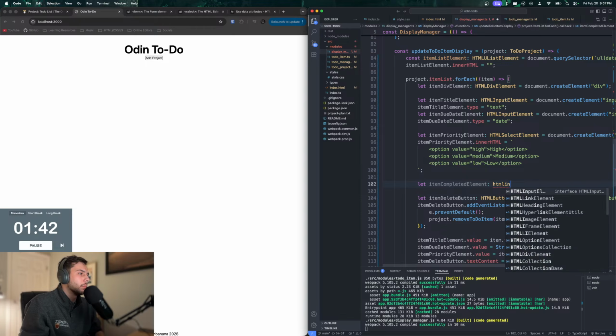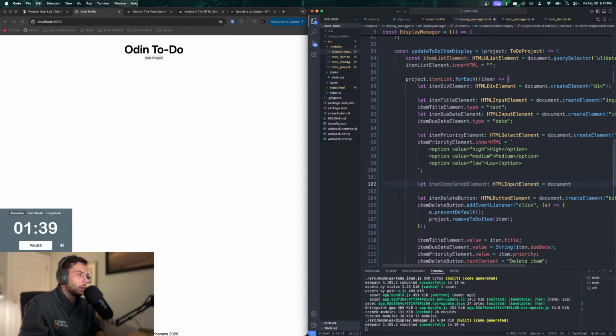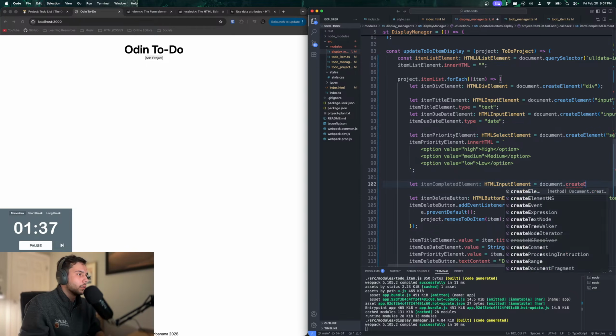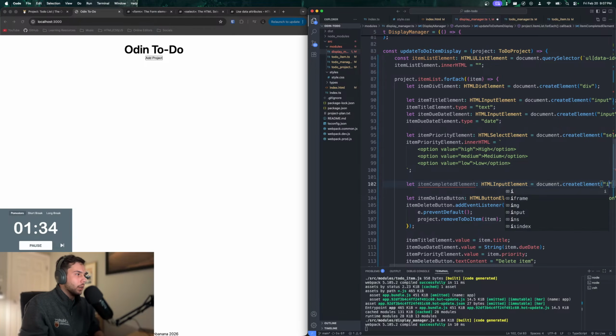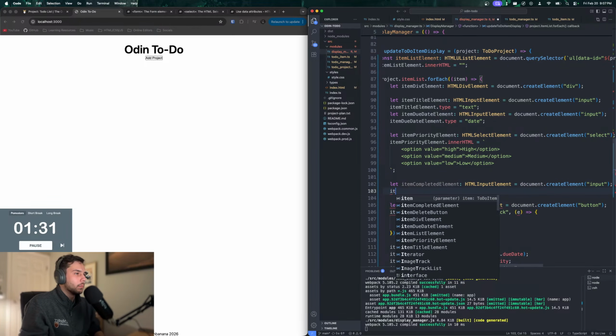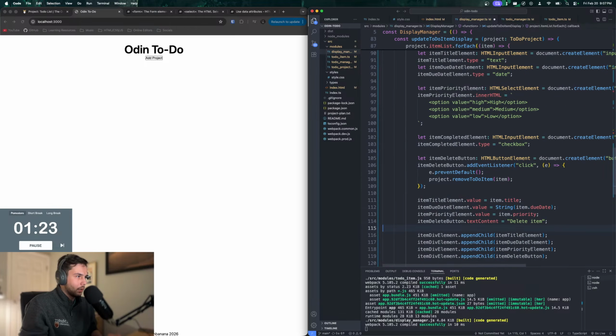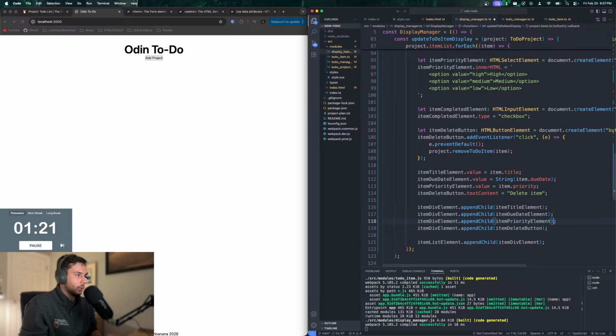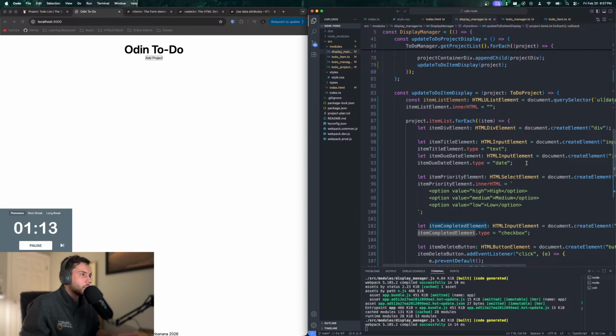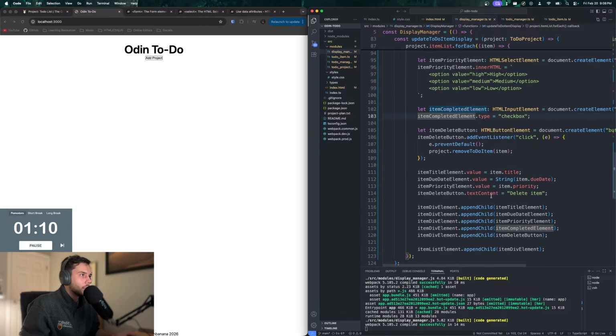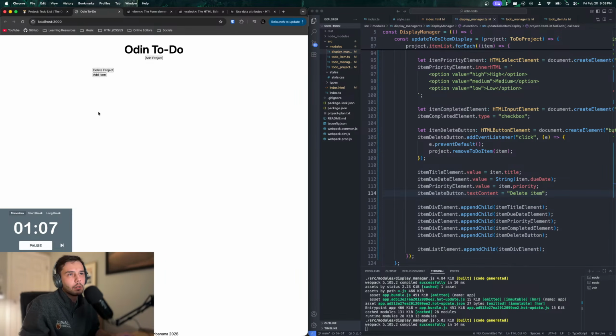Oh, input element, document dot create element input, and then item completed element dot type equals checkbox, and then I'll just append that to here. Item completed. Yeah, that's good. Yeah, so there's our little complete